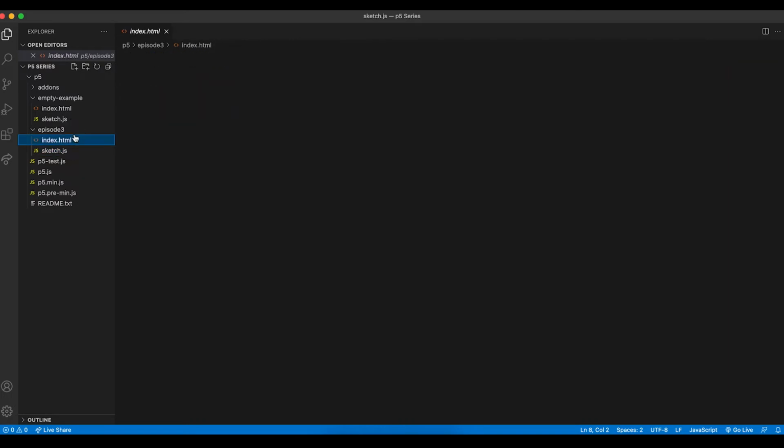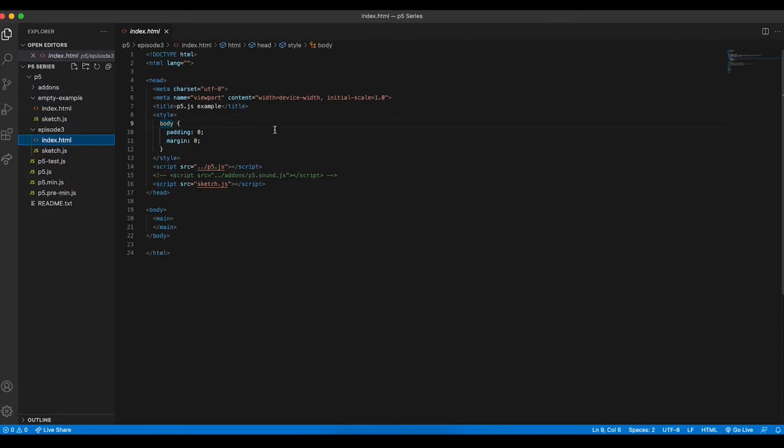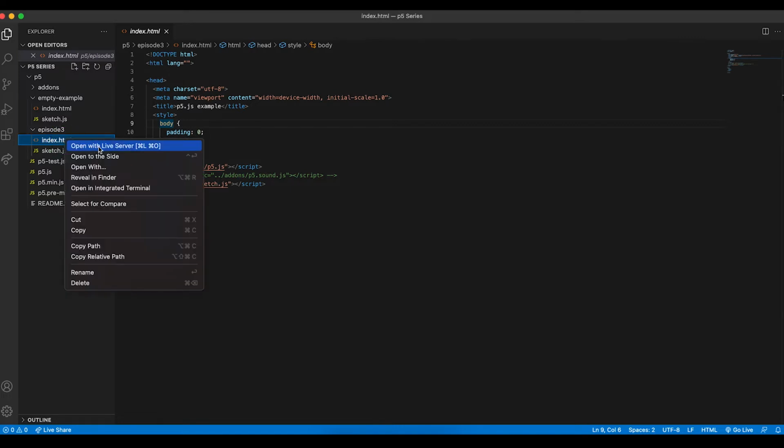Now, what Live Server does is you can create an HTML file and include the JS script in here, and then you will be able to launch it with Live Server, and there you go. That's your p5.js. And every time that you want to launch or test your program, you'll be able to do that instantly with Live Server, the extension on VS Code, which is why I highly recommend that you use VS